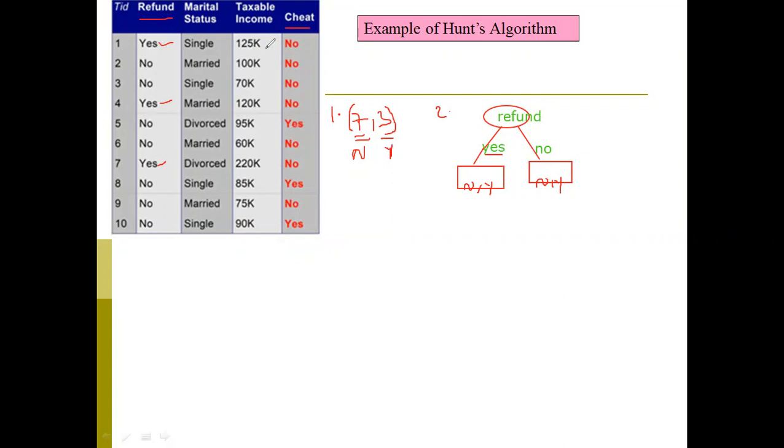Under the first yes, what is the class label? It is no. One no is there. Under the second yes, the class label is also no, which means 2 no's are there. Under the third yes, here also we found the class label is no only. So 3 no's are there, isn't it? So here you can write 3.